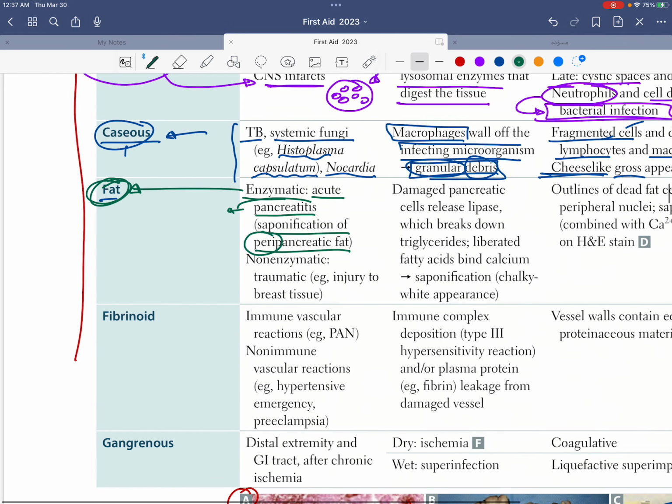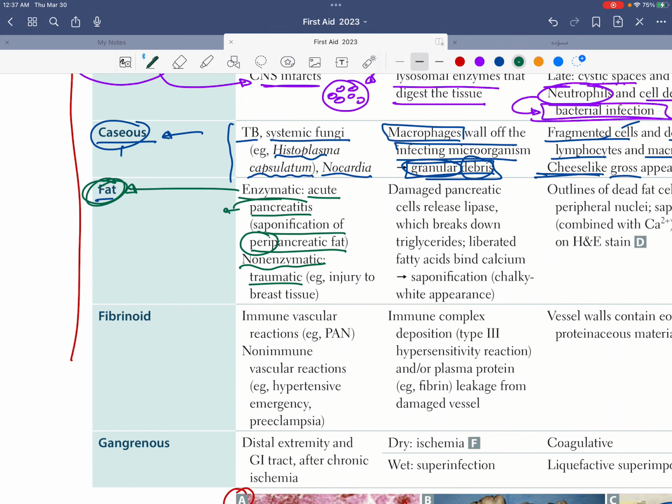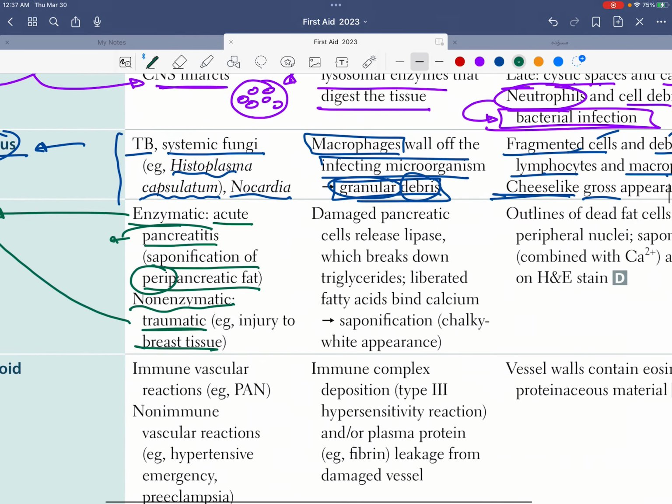Or it could be non-enzymatic, just like traumatic, like injury to breast tissue. So it would also end up being fatty necrosis, but this time the problem was not related to the enzyme, it's related to a trauma, just like injury to breast tissue. It is due to damaged pancreatic cells releasing lipase. Well, the pancreatic cells do have lipase, and when they release it, it's an enzyme that